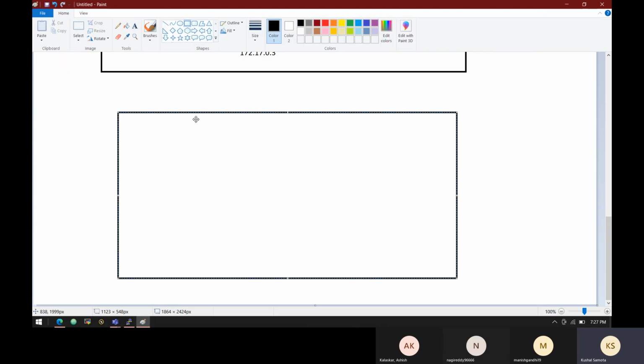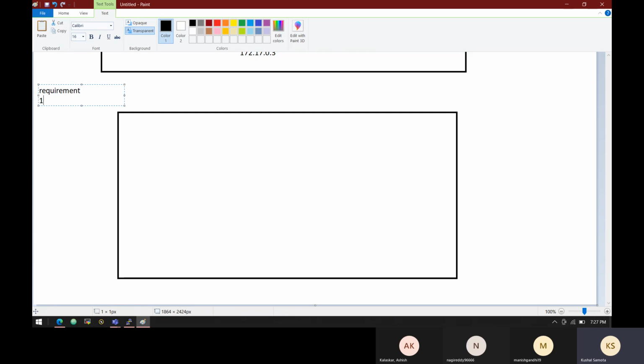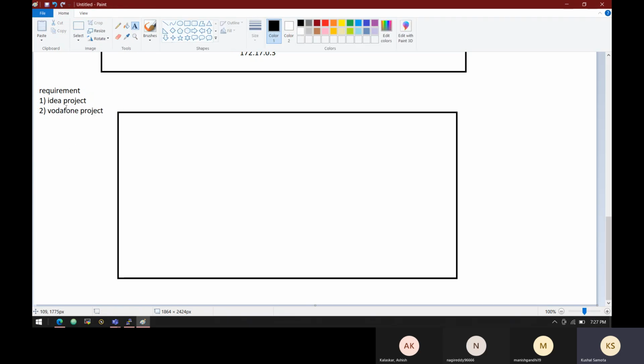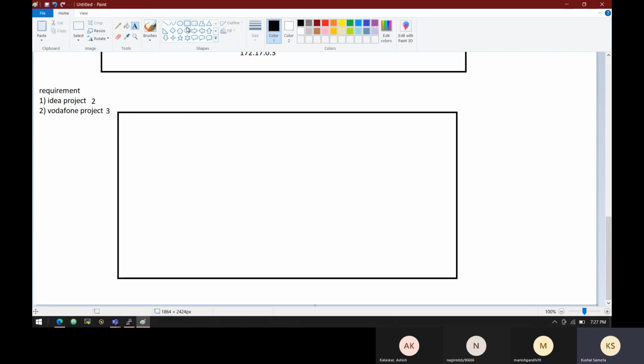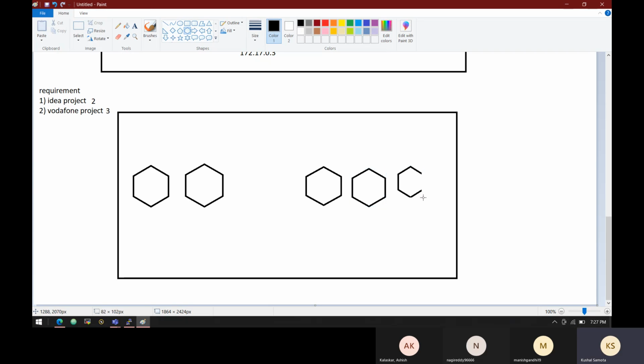Let's say in this system you have the requirement: first the Idea project, second the Vodafone project. In the Idea project, you want to create 2 containers. In the Vodafone project, you want to create 3 containers. And obviously, when you are creating containers here, 1, 2 for Idea and 3 for Vodafone,